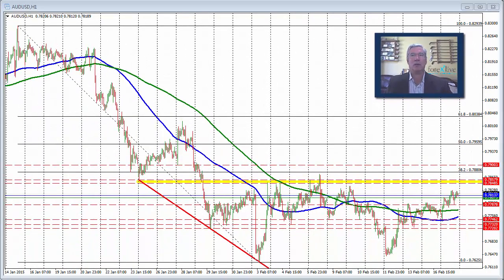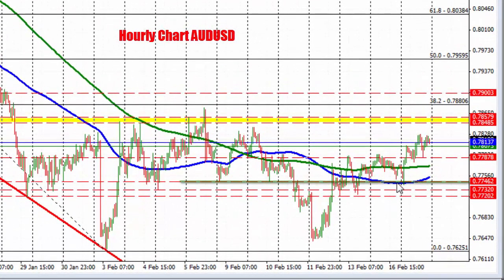What's a technical perspective showing? We did have a nice little support here around the 77.46 level. If you recall, going back to these days right here, that was a low price, not just once, but twice. And then the market fell through that level, and that level became a point of resistance right here before moving to our low price here, where we couldn't take out the prior low from that interest rate decision day, and the market started its rotation back to the upside, reestablishing that 46 level as a support level, also helped by the 100-hour moving average. That's the blue line on the chart right here,